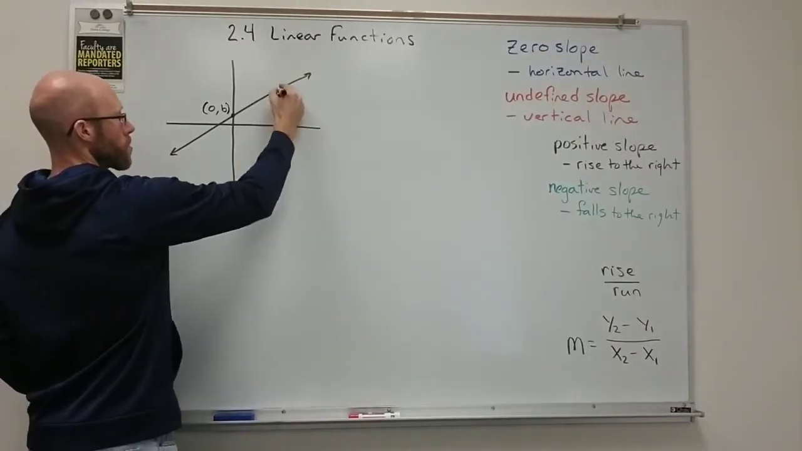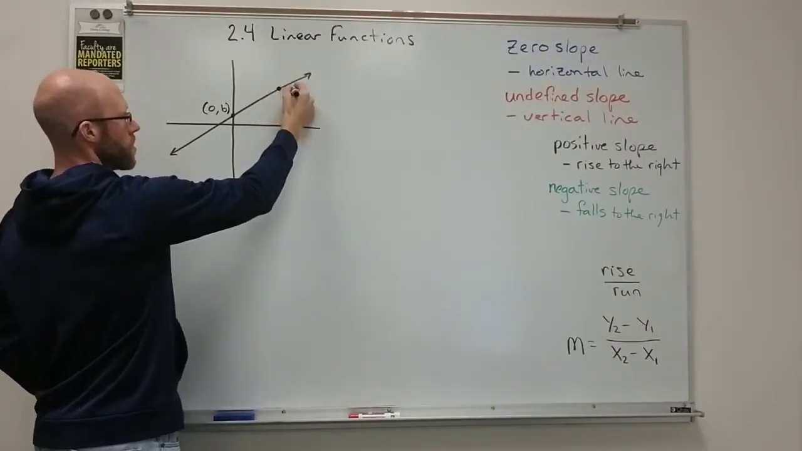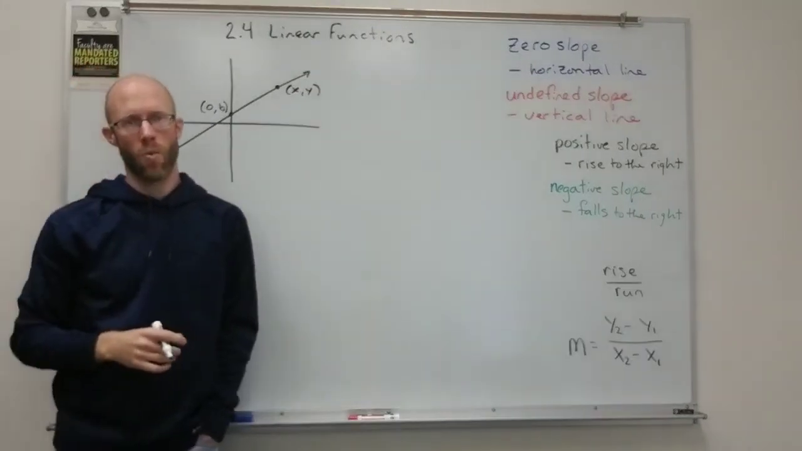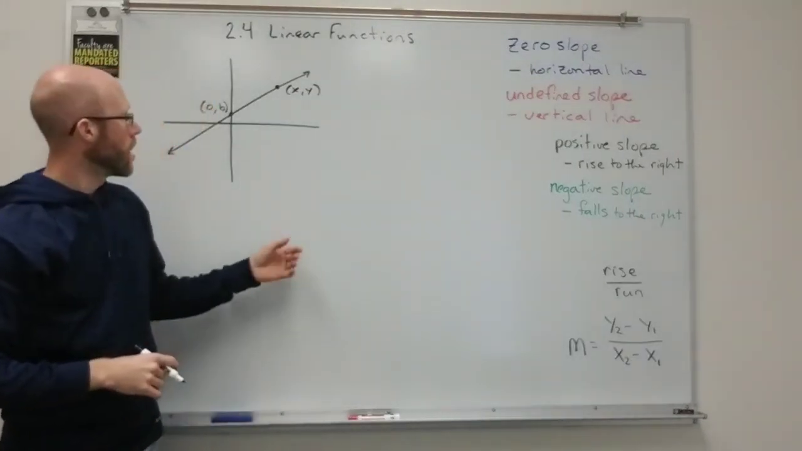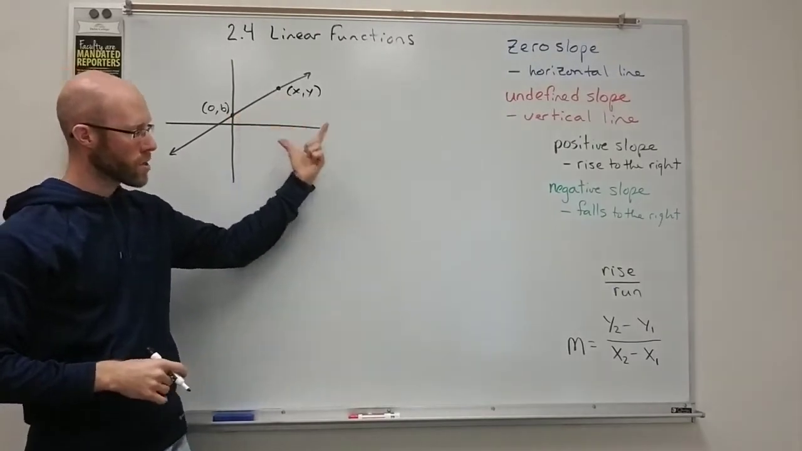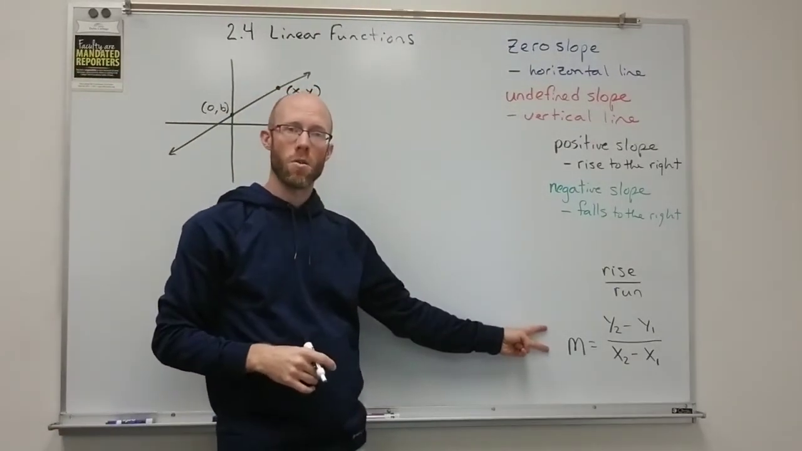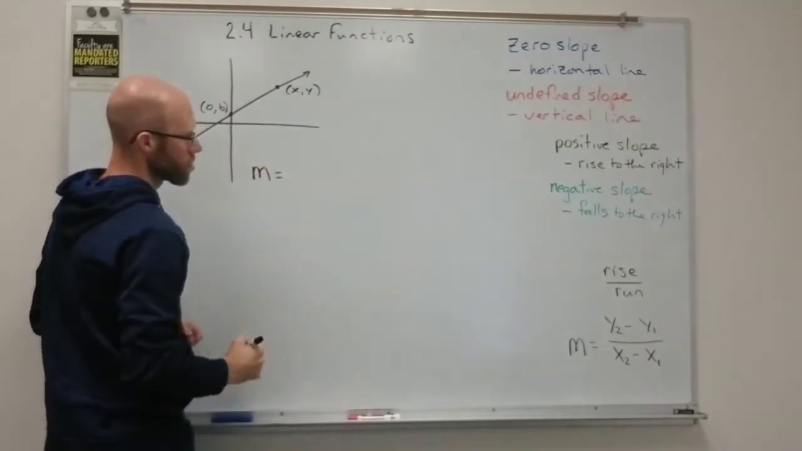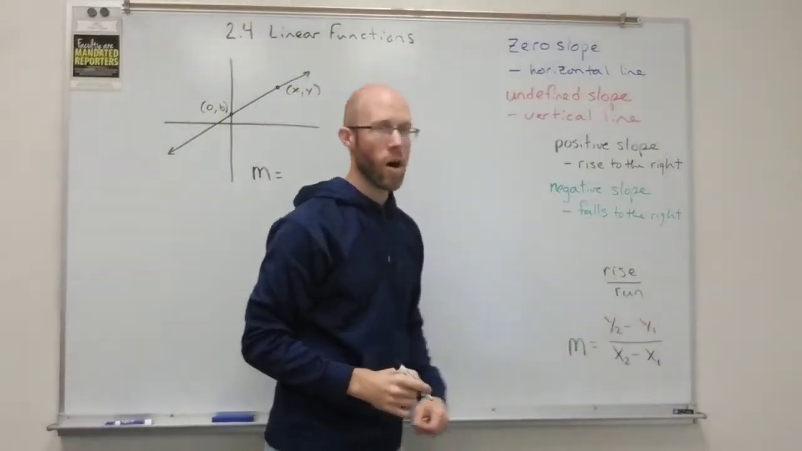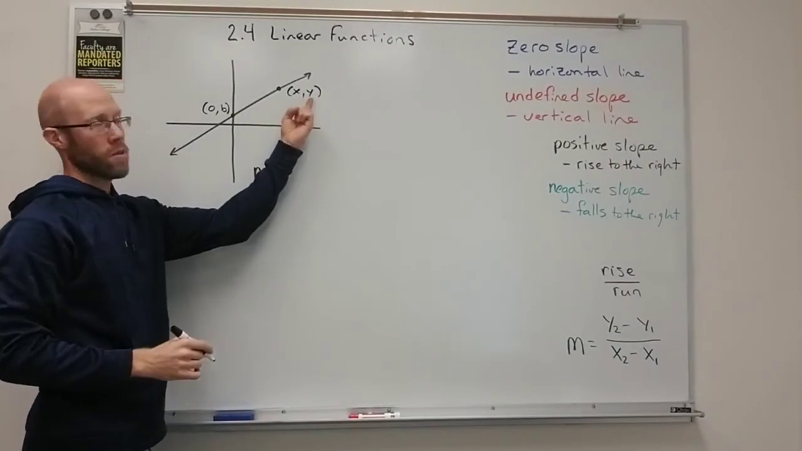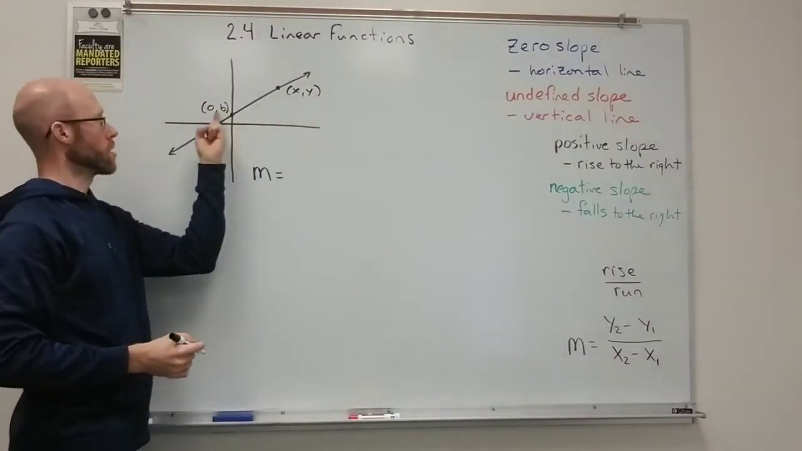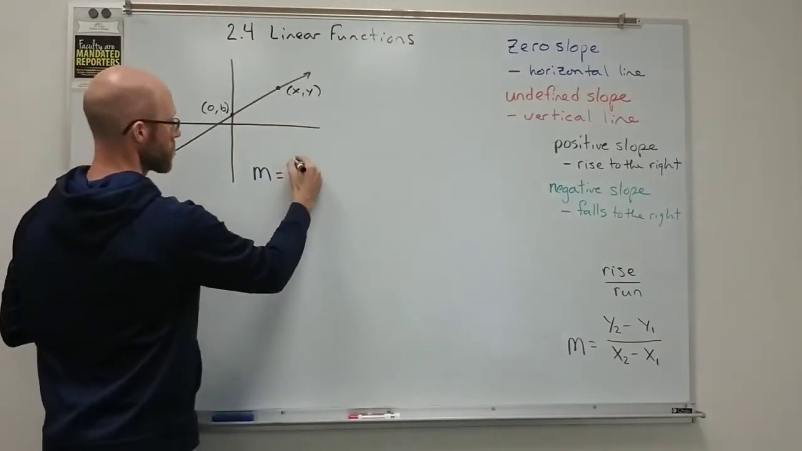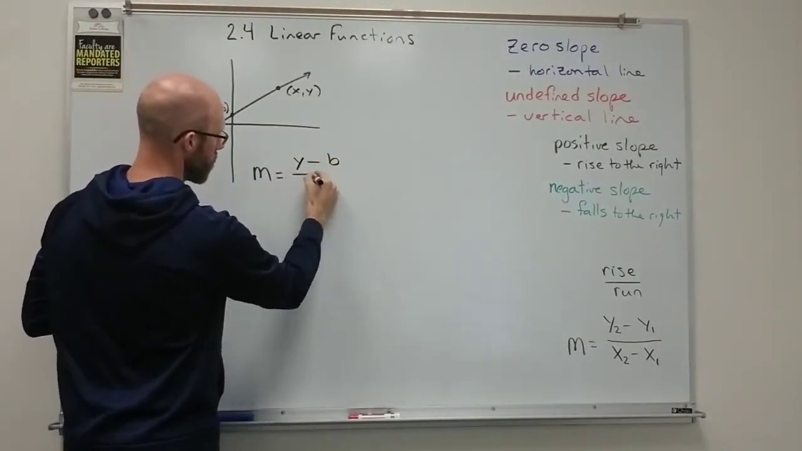Now the other point I'm going to choose, I'm just going to choose a general variable point. It could be any point on the line. So I'm just going to call it x and y. Now I'm going to take these 2 points and plug them in to my slope formula. So m is equal to y2 minus y1. I'm going to go with the y as my y2 and the b as my y1. So I'm subtracting the y values. Y minus b over